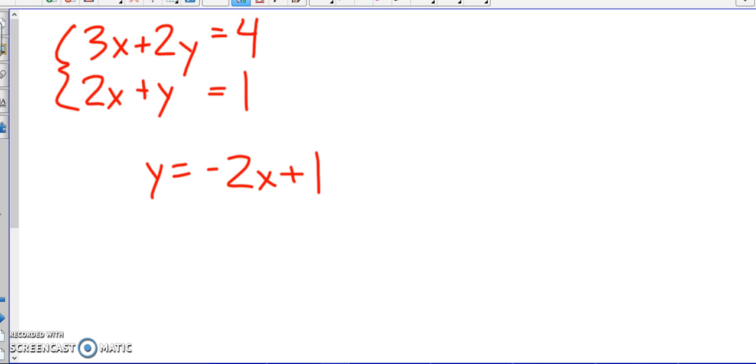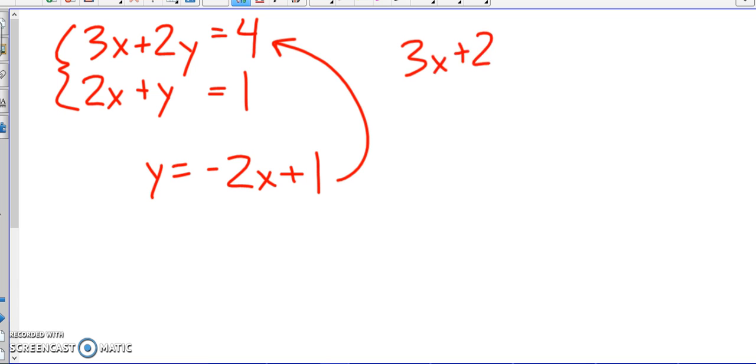So then I have to plug that into the one it didn't come from. Be careful when you're plugging it in, because if you plug it back into the one that you just got it from, you're going to get infinitely many solutions because you just used the same line. So of course. Anyway,